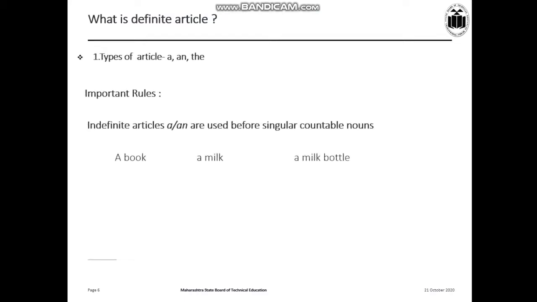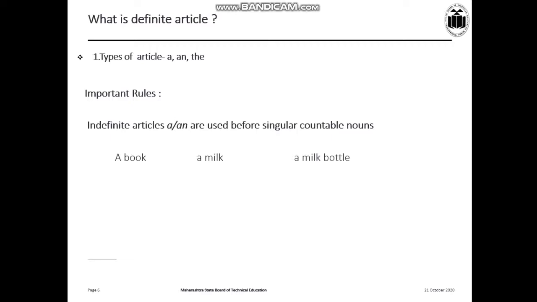First of all, tell me, what is meant by definite article? So what are articles? We all know pretty well that articles are generally used to denote some object, generally used before nouns too. There are two types of articles, definite article and indefinite article. While using these articles, we should know first of all what are the important rules to use these articles.